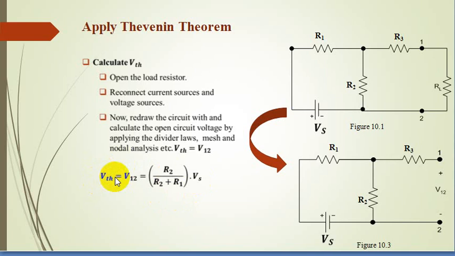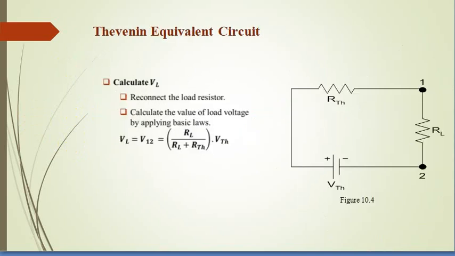So here are the basic steps to find out the R Thevenin and the V Thevenin while applying the Thevenin theorem. So you all are supposed to calculate the R Thevenin and V Thevenin with this technique, and then we move toward the Norton theorem. Sorry, before going to the Norton theorem, we are going to convert the original circuit into the Thevenin equivalent circuit.